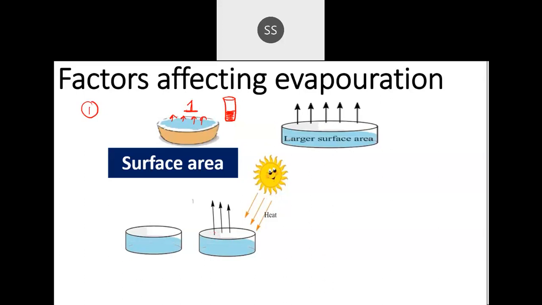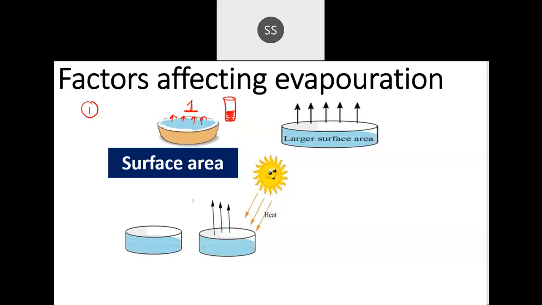Have you seen that during the summer season, whenever you put a little amount of water outside, the molecules escape out easily? But during the rainy season, the number of water molecules that escape is lower. It doesn't become dry that easily because moisture is there and the temperature is very low. When the temperature is low, it is difficult for them to go out in the form of vapors, so it will take time.